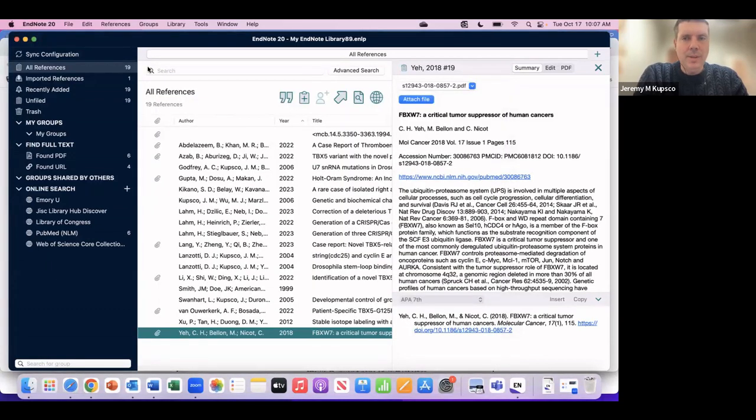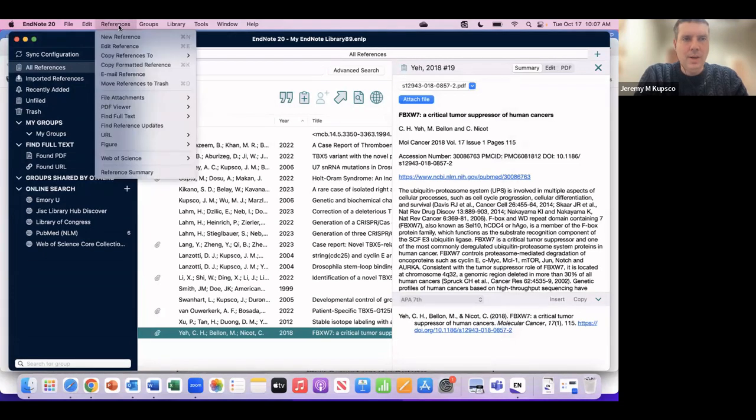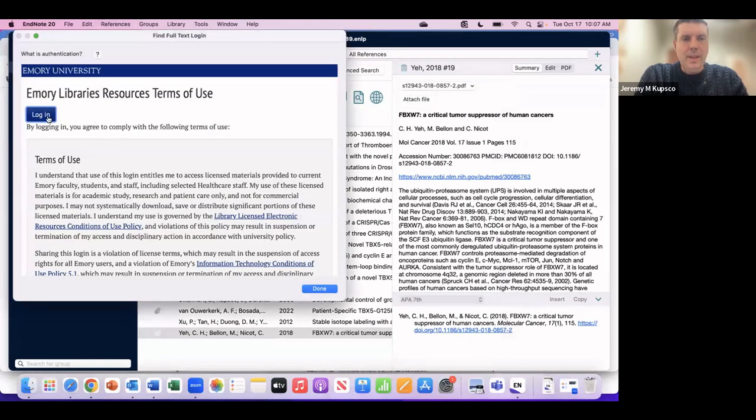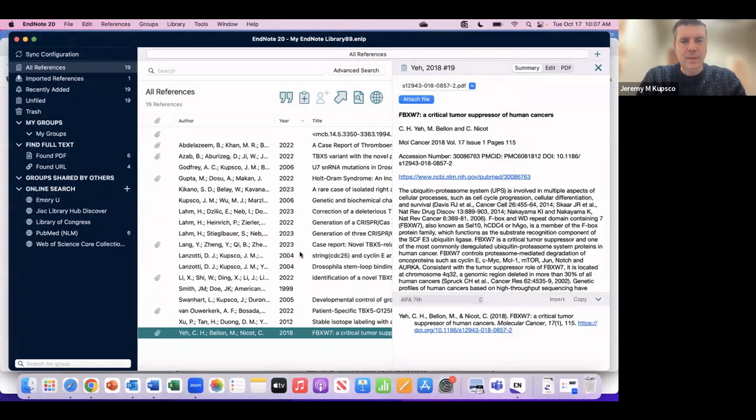So once you copy and paste the URLs, you can authenticate yourself as Emory. So you can go to References, Find Full Text, and go to Authenticate. Then you log yourself in as Emory using your username and password. I'm already logged in, so I won't log in again.